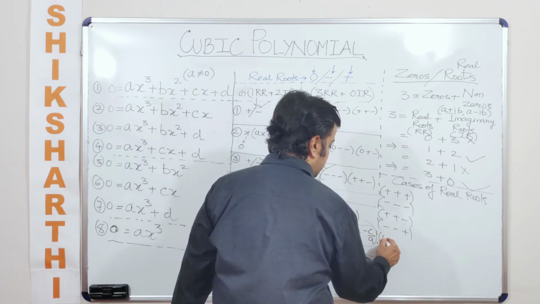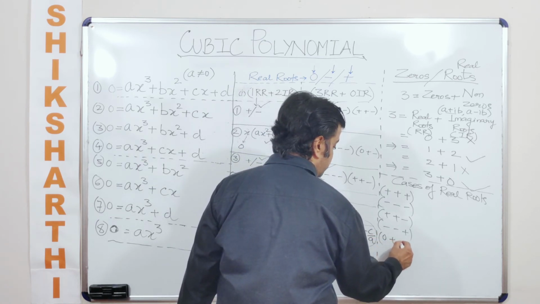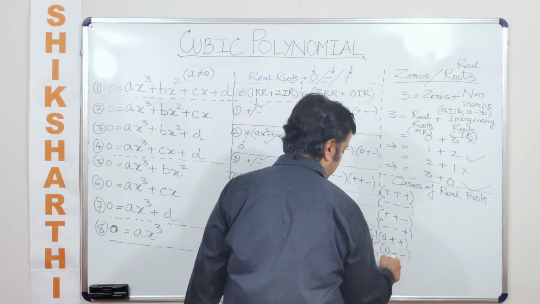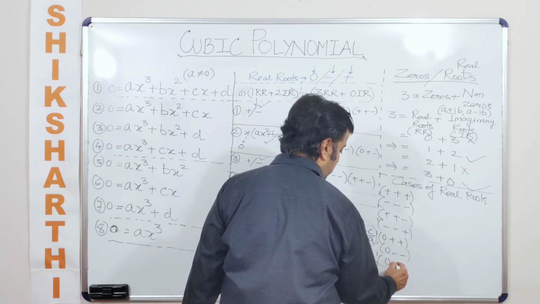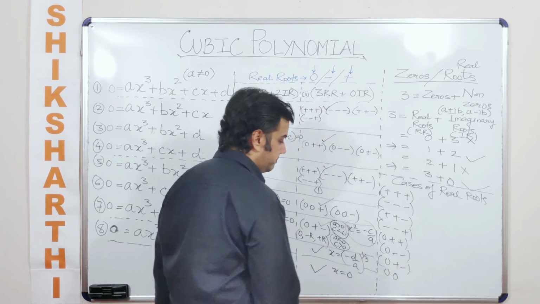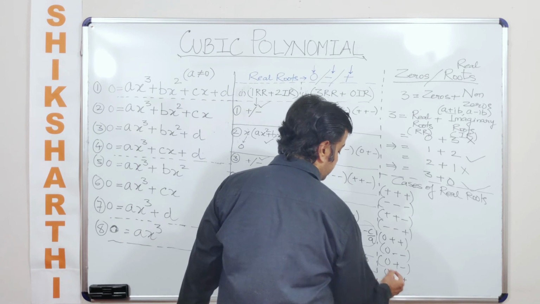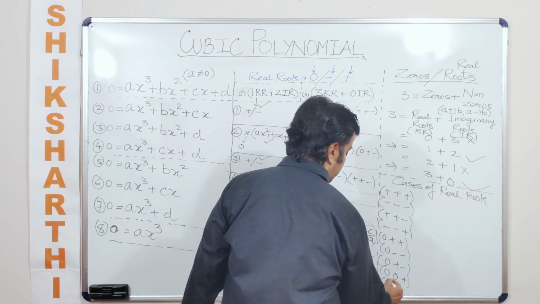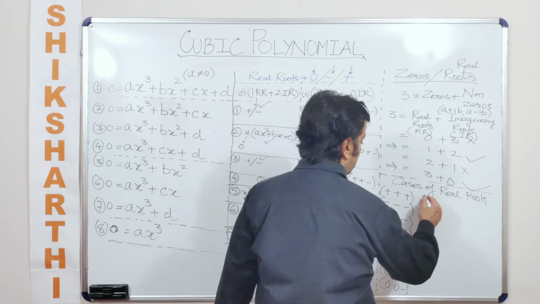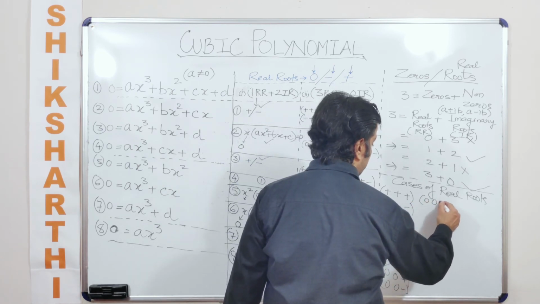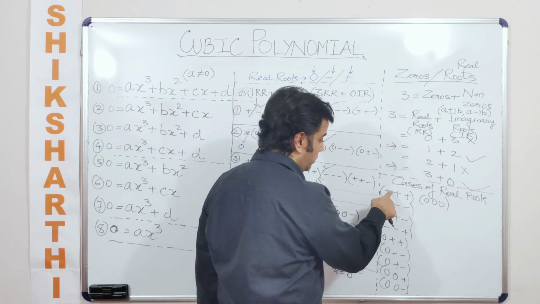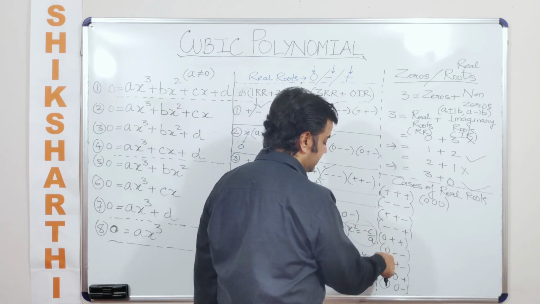We take one of the roots as 0 and the other two roots may be of the same polarity or of a different polarity, or we have both the roots as 0 only and the third root may be either positive or negative, right? Or we can have all the three roots as 0. So let's see how many cases have we mentioned? 1, 2, 3, 4, 5, 6, 7, 8, 9, 10.